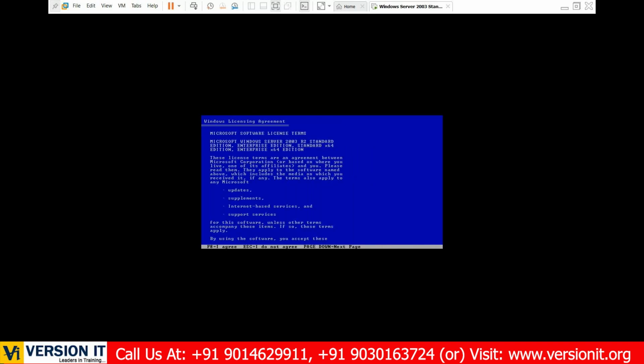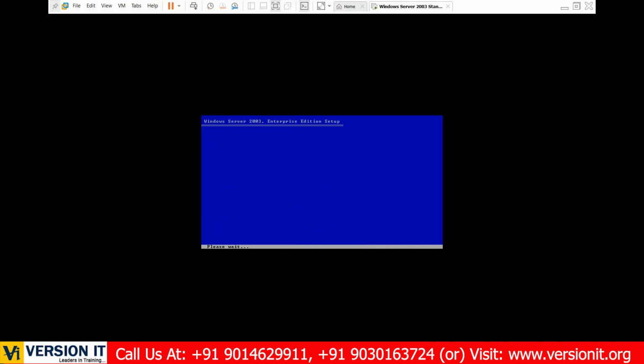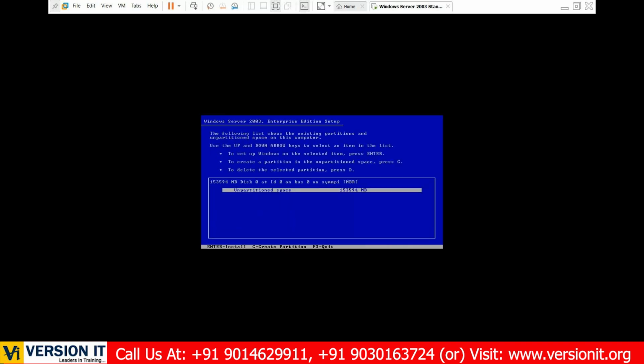Enter. Then accept the license agreement. To accept, we have to press F8 over here along with your function key. Then here you have to do the partition. Partition in the sense, guys,